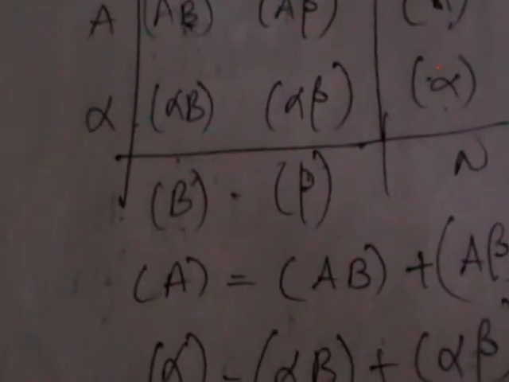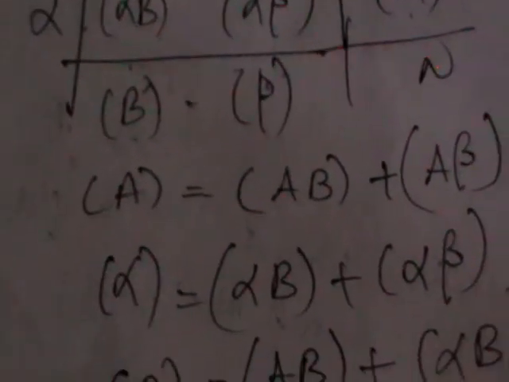So from this table, you will have 1, 2, 3, 4, 5, 6, 7, 8, 9 quantities. Out of those 9, some will be given to you and some will be missing. You need to find the others by using these formulas or directly from the table. Okay, thank you.